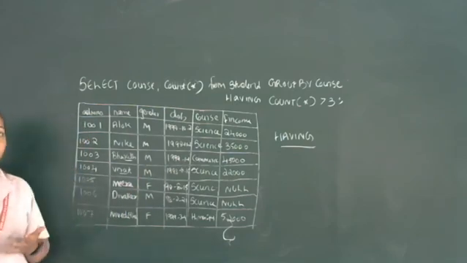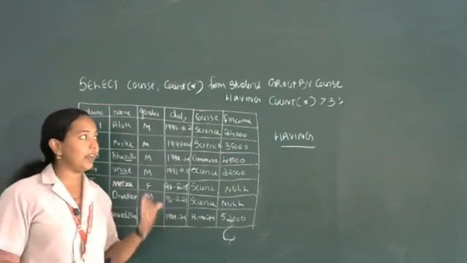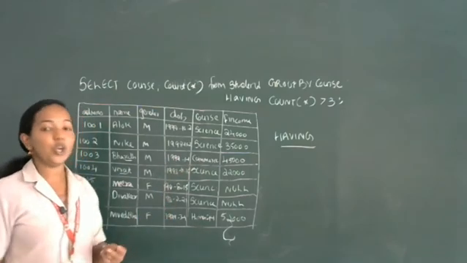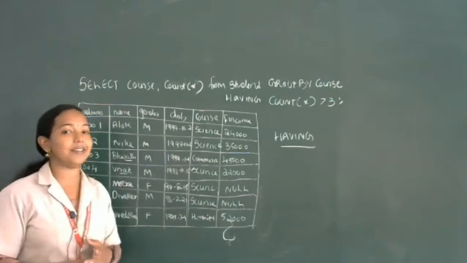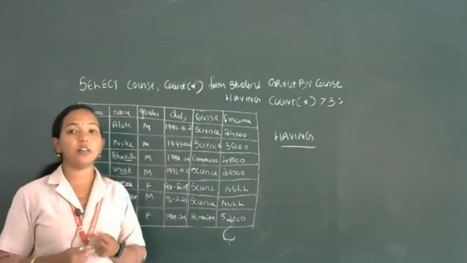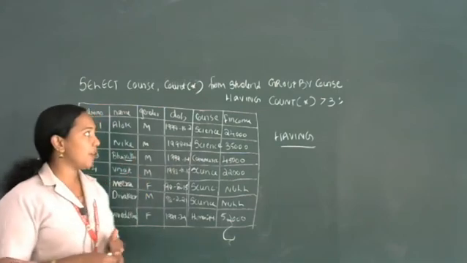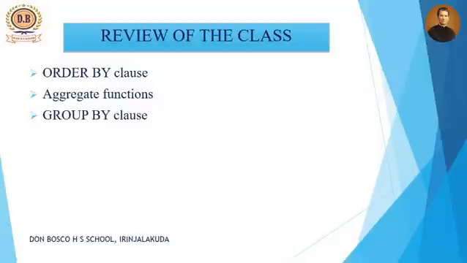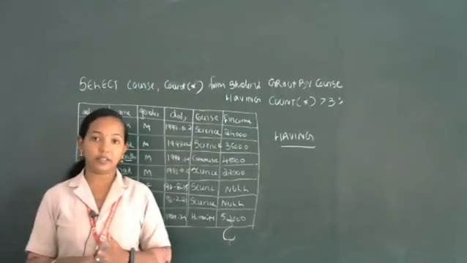After writing SQL programs, we will get an idea about all these statements. So please write all these commands in your notebook. I am not going to give any homework, but you should write all these commands in your notebook. Again we will revise the topics that we studied. What is our first topic? The order by clause: how we order, arrange, and sort values in ascending or descending order. After that, the group by clause, aggregate functions, and also the having clause.